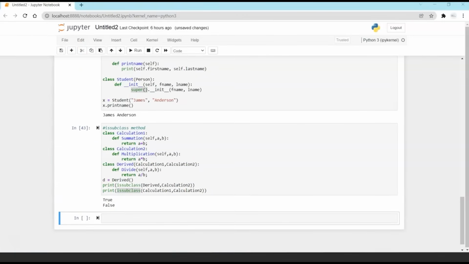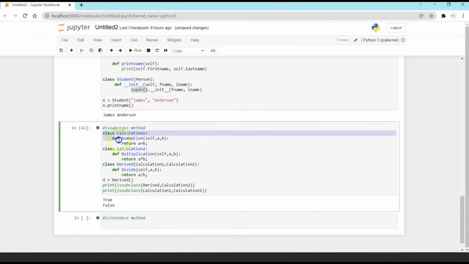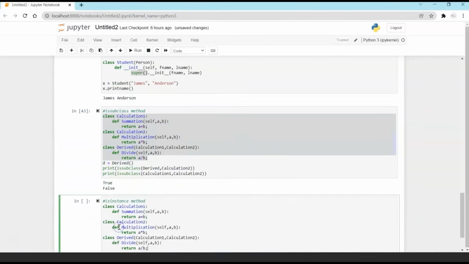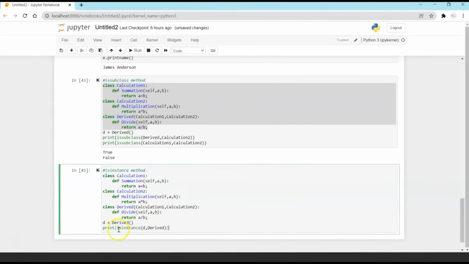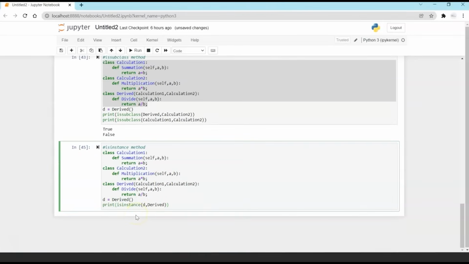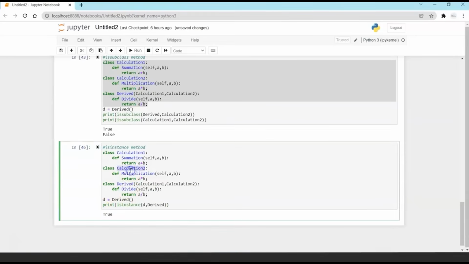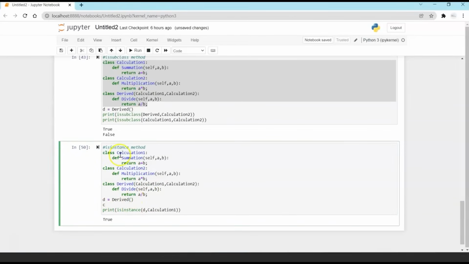Next, let's take an example of another function called isinstance. Okay, we will take the same set of functions, create an object of derived, and check whether the object D is an instance of class derived or not. It's true. So instead of derived, if I make it calculation 2, for example, now if I say C